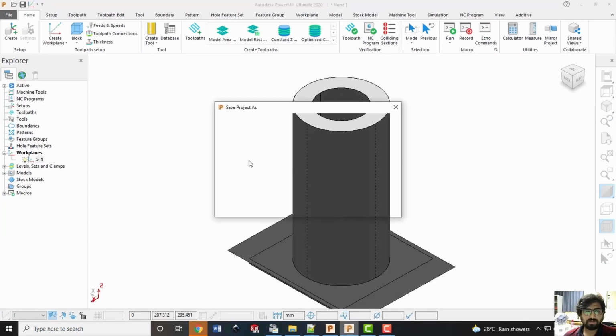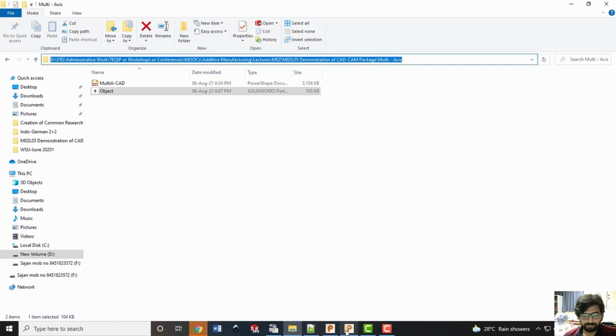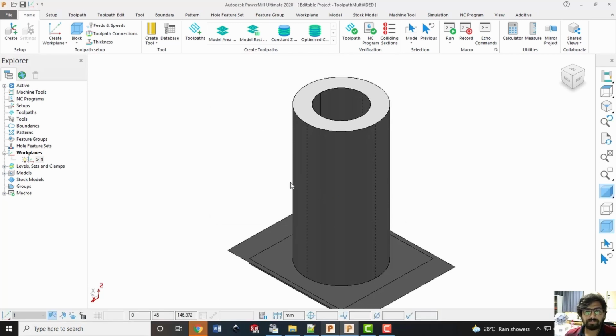Let me save this right now in an appropriate directory, and I'll give it a name like toolpath for multi-axis DED. So we are almost ready.